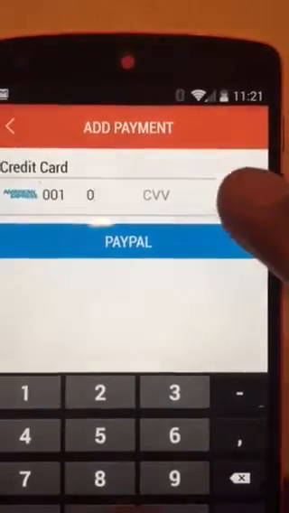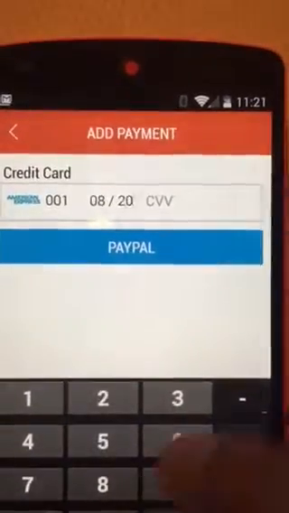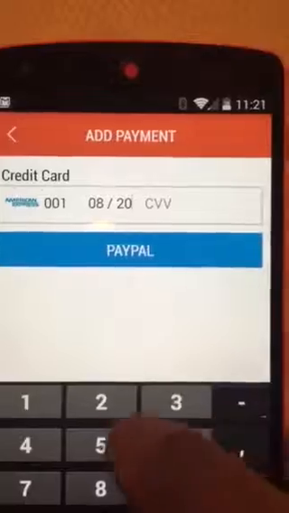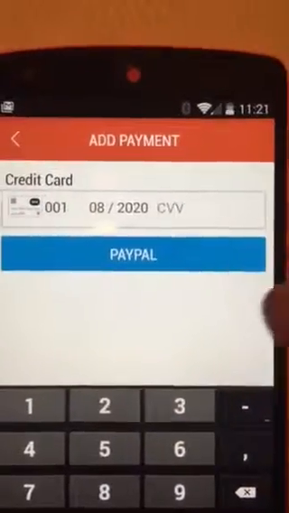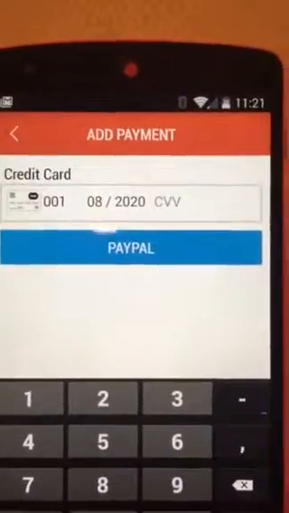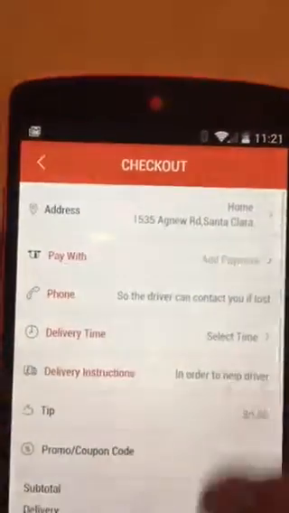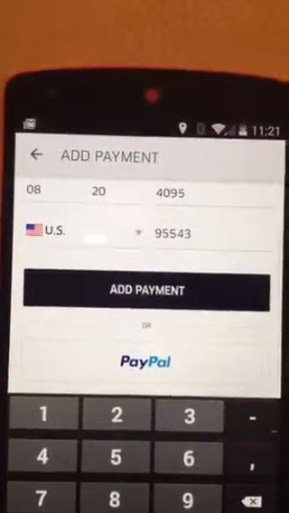So let's say if I enter 0820, see, it is asking for more digits, 2020. So it was showing YY, but it is asking for YYYY. So that's another bug.